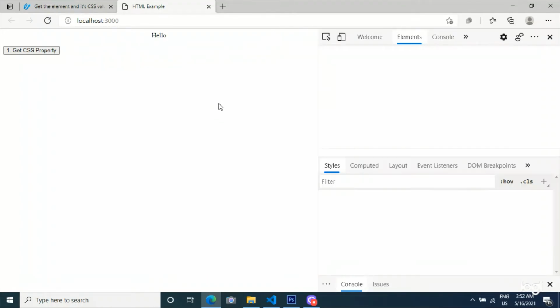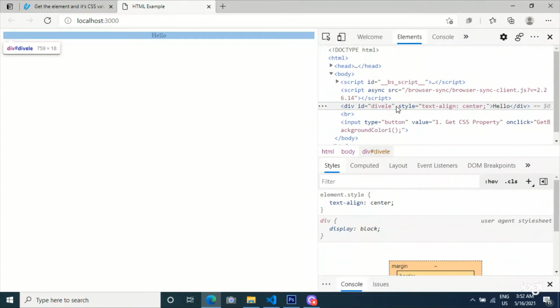This is the div element. It occupies the full width of the device, because it's a block level element.